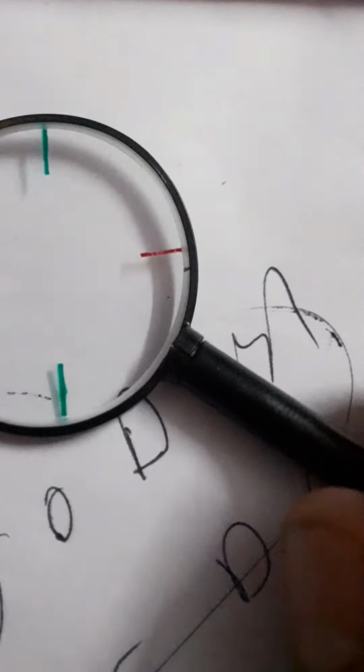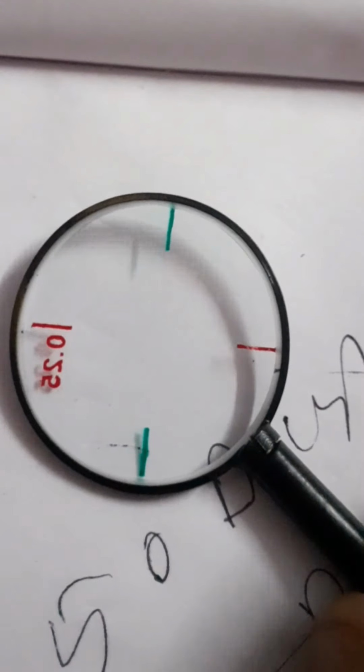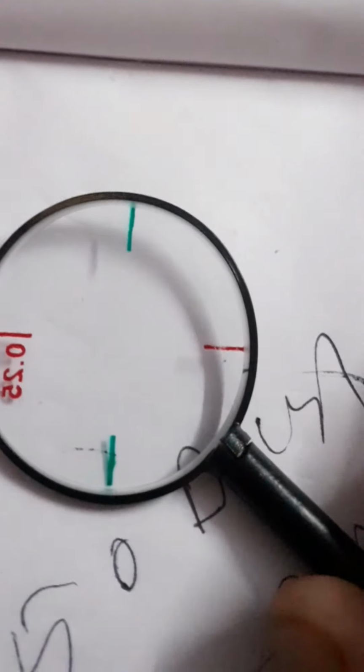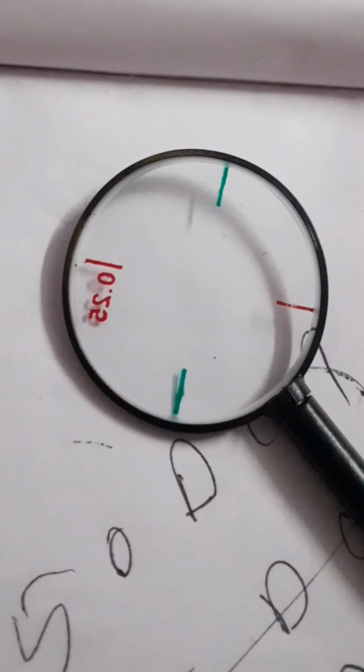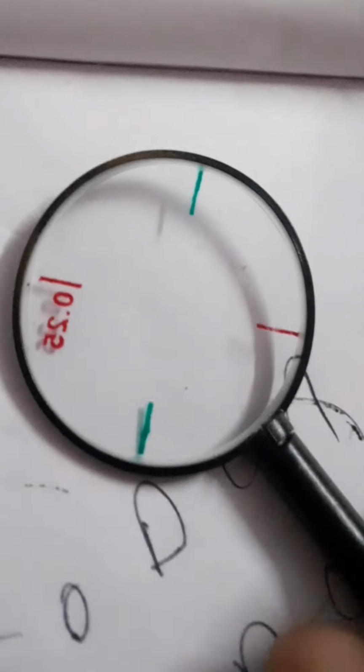Always remember that you will perform Jackson cross cylinder after doing the sphere refinement. Then you will do the axis or power refinement with the help of Jackson cross cylinder. It is a subjective test to identify whether the axis that you got in your subjective refraction, like trial and error or something like that, is correct or not. For that purpose we use Jackson cross cylinder. Okay, so let's see how this Jackson cross cylinder is actually done.